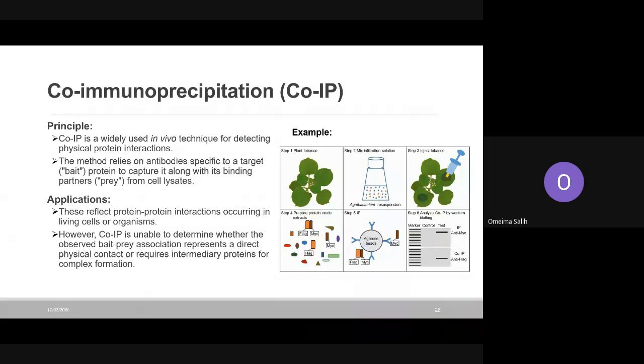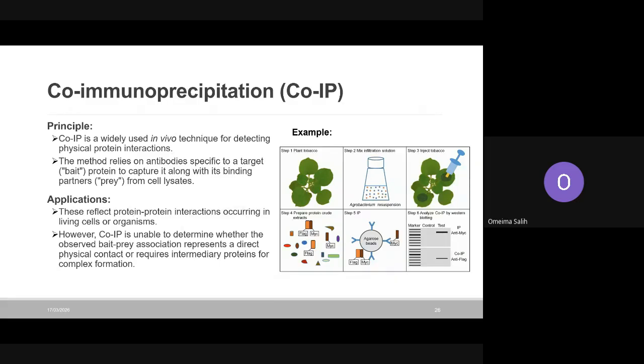For example, here in the plant, they are using tobacco. They mix infiltration solutions. They use Agrobacterium species of bacteria. They take the tobacco and prepare an extract, and they inoculate this with the bacterium, and